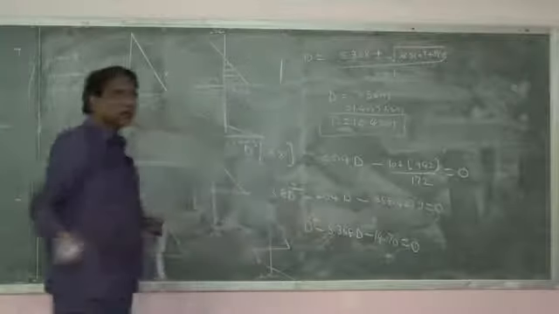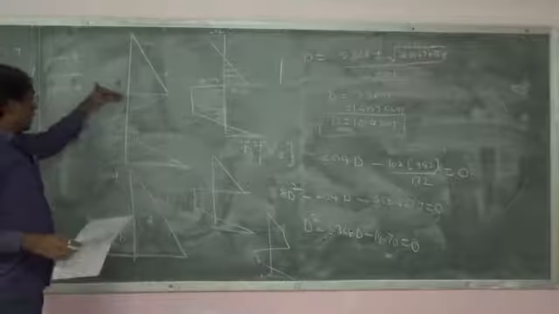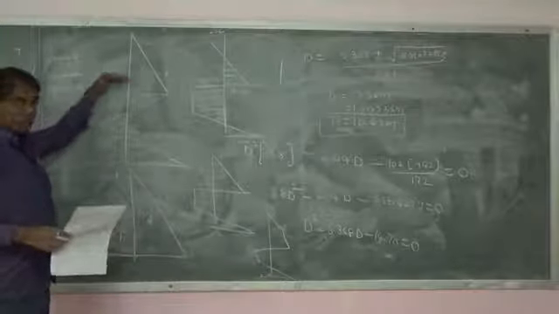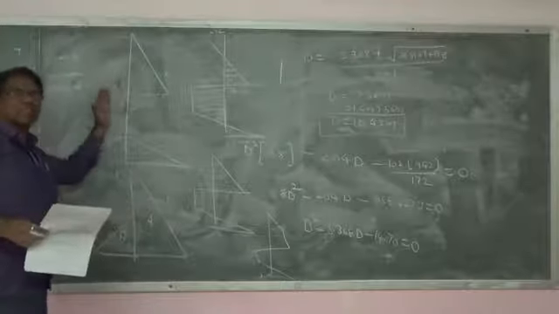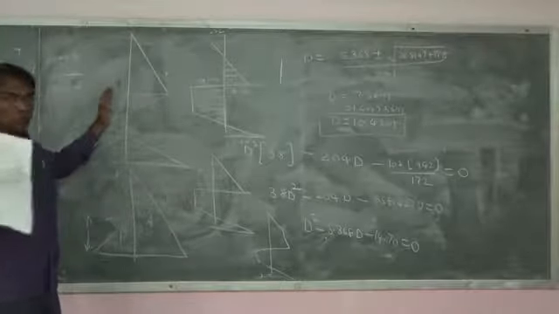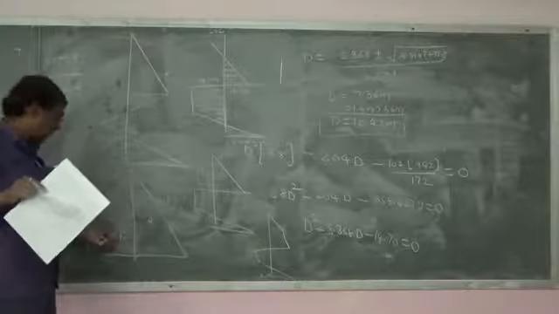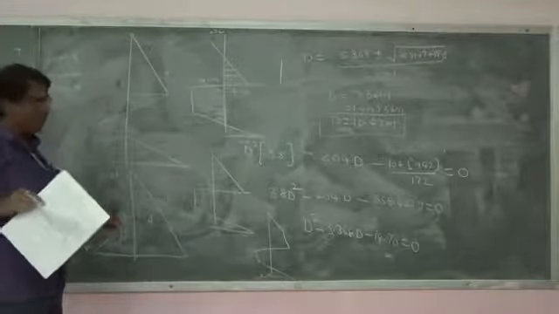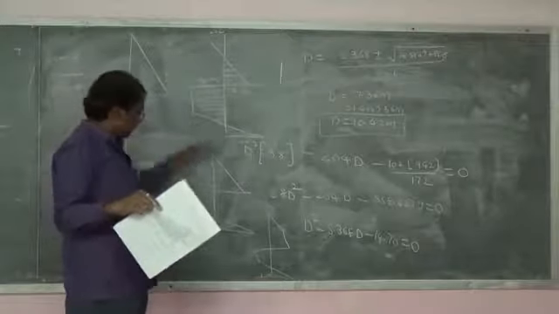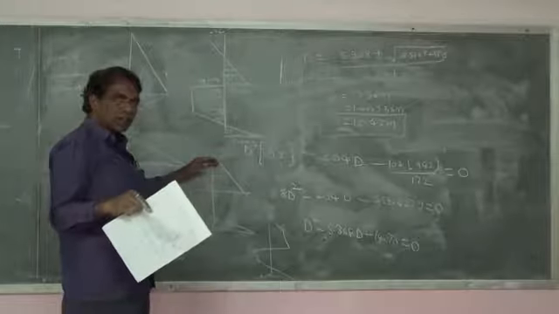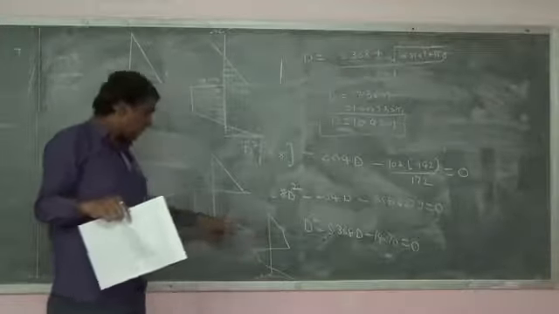This I will take in the next class. So you should remember, when above the dredge level sand is there, below sand is there, this is the pressure diagram. But problems on this are not for your syllabus. Problems are based on approximate analysis, and the approximate analysis pressure diagram is given like this when above and below sand is there. And then we did above and below clay, and then we did here without water table above sand and below clay, and with water table above sand and below clay.